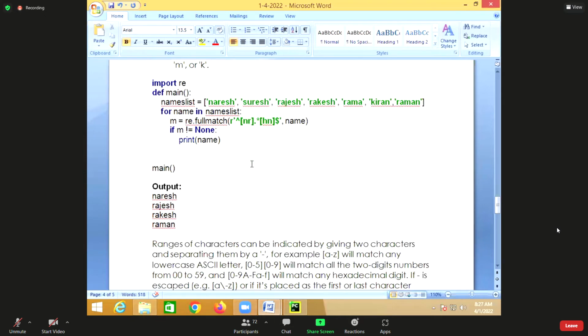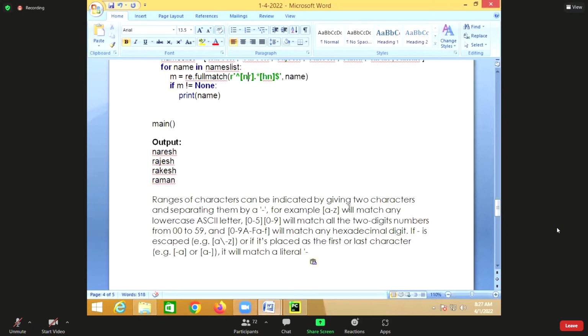Then you can use one set. Set is separated with what? Hyphen. That will define the range.